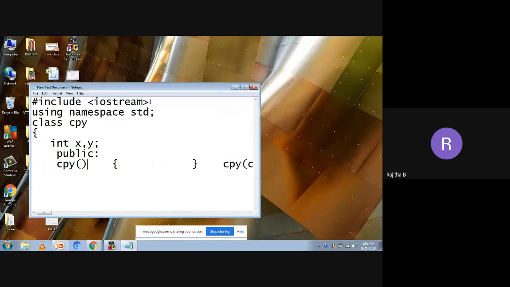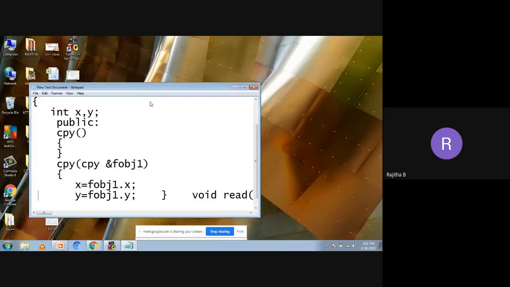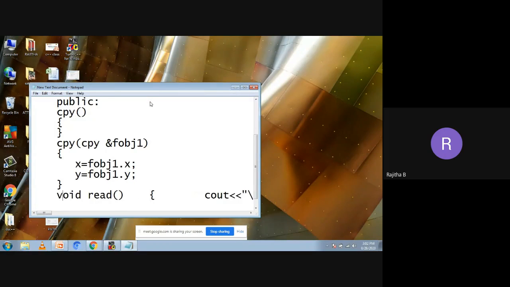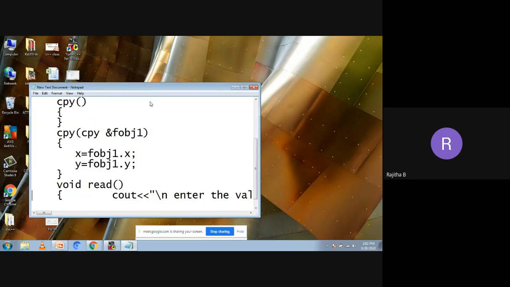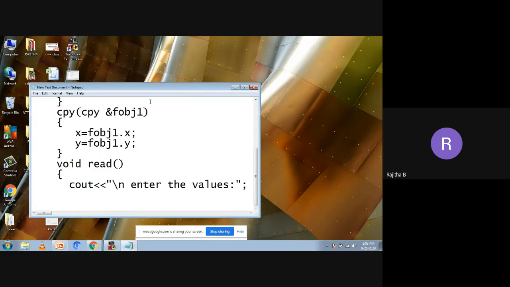Constructor is a user defined constructor, and it is a default constructor, and I'm taking the copy constructor. Then we have statements here to copy the values of one object into the other object, and then we are closing the constructor. Then we have a read function, then a display function. After read we have a display function.